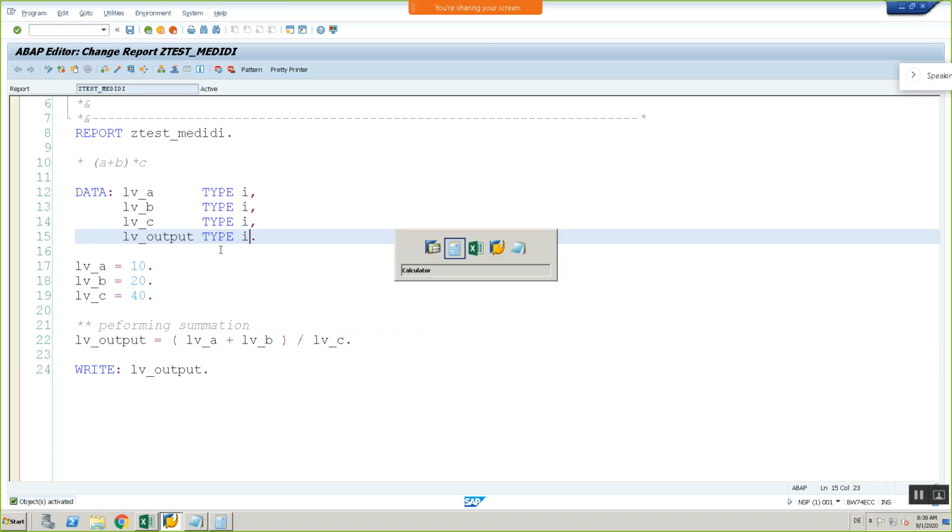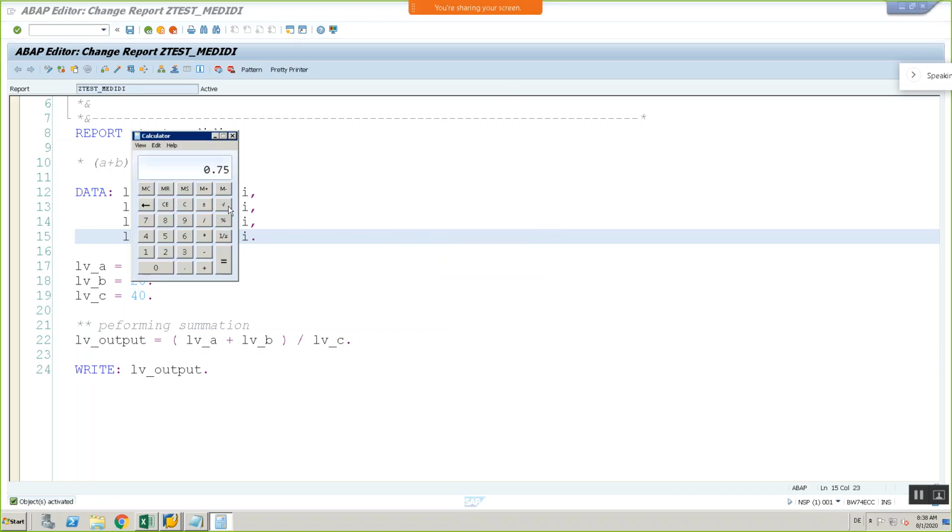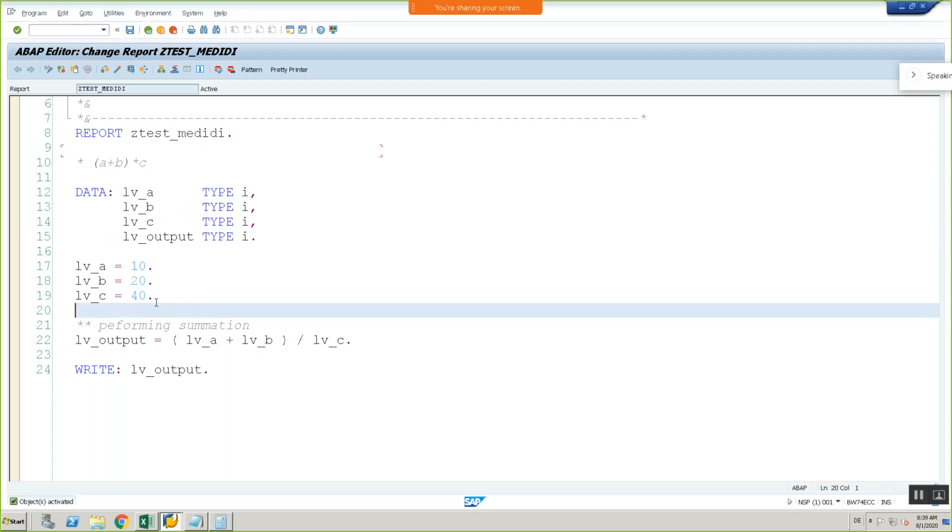So the decimal value will be rounded to the nearest integer. Whenever it is more than 0.5, we round it up to the next integer. When we round 0.75 now, it's nearly 1. So that's why the system is giving 1.